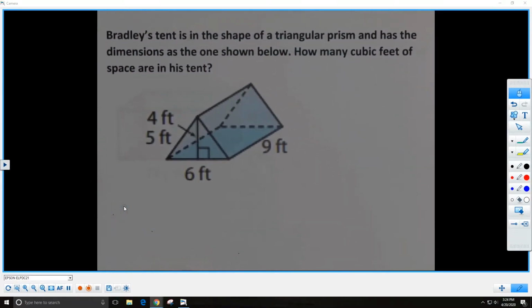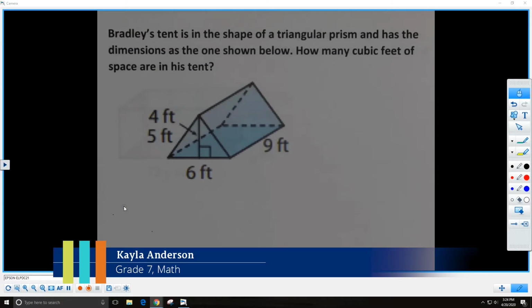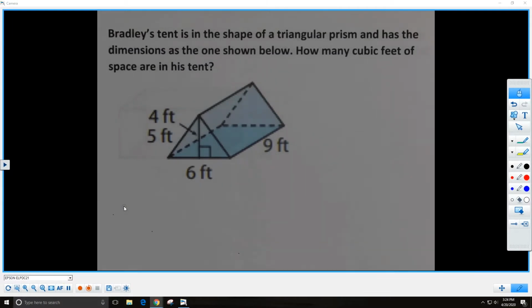Bradley's tent is in the shape of a triangular prism. It has the dimensions as the one shown below. How many cubic feet of space are in his tent? Well, in order to calculate the volume, or the cubic feet of space inside of Bradley's tent, or for any prism, we have to use the formula